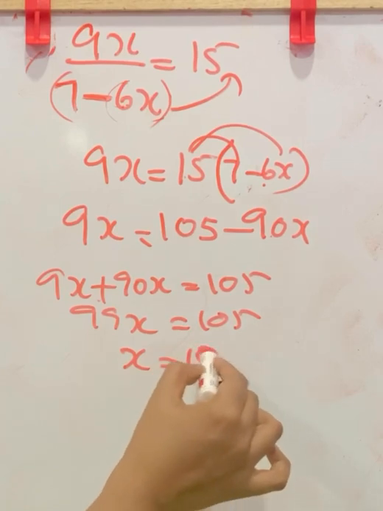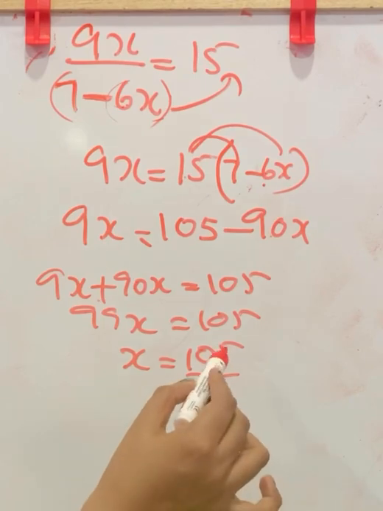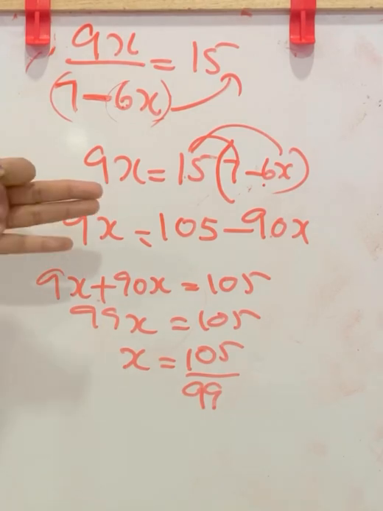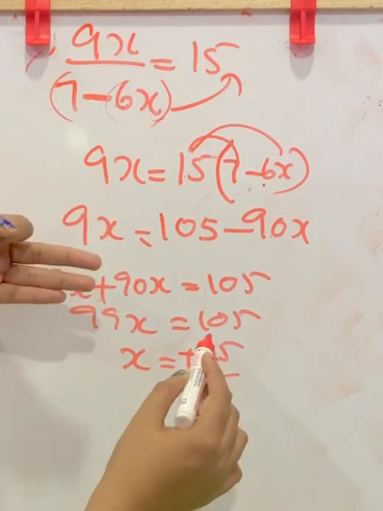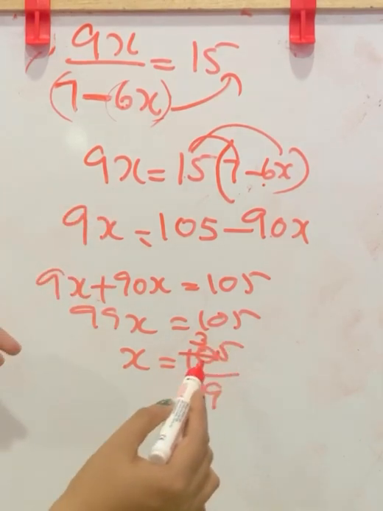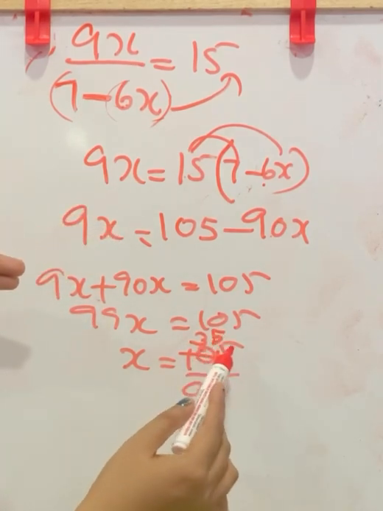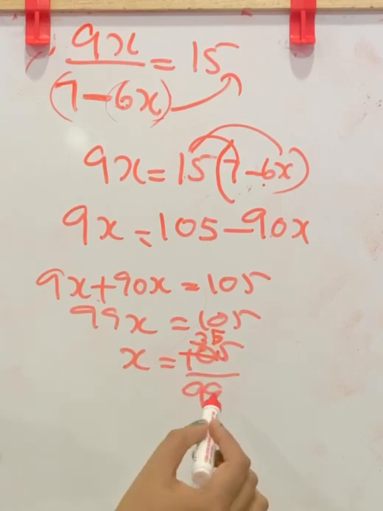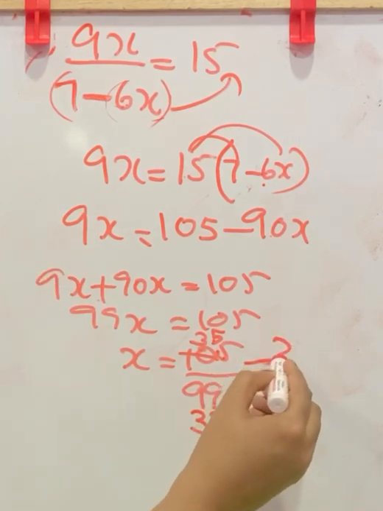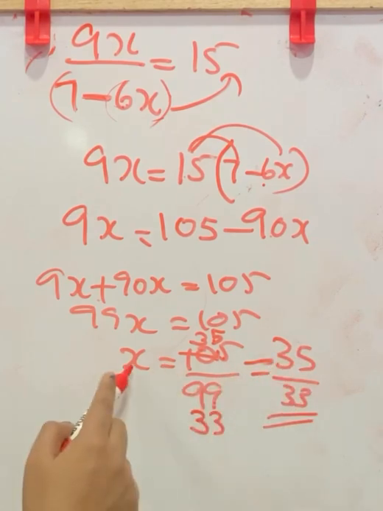x is equal to 105, this 99 going to RHS becomes denominator, 105 by 99. Now in 99 and 105, 3 is a common factor. So we can divide it by 3. 3 in 10, 3 times. That is 3 3s are 9. Balance is 1 in 10. Now this becomes 15. In 15, 3 5 times. So 3 into 5 is 15. Now coming to the denominator, 3 into what is 9? 3 3s are 9. Again in 9, 3 3s are 9. So 35 by 33. This is the lowest form. They have no common factor here. 35 by 33 is the value of x.